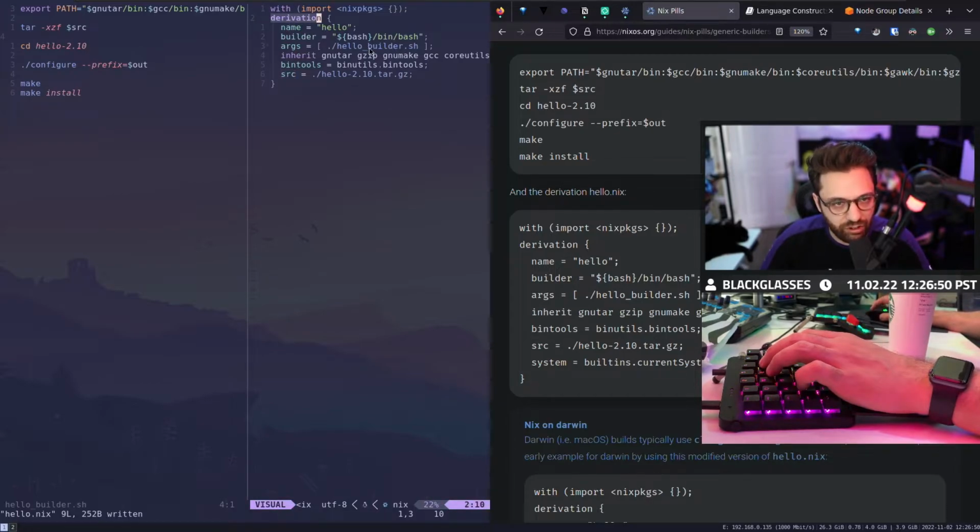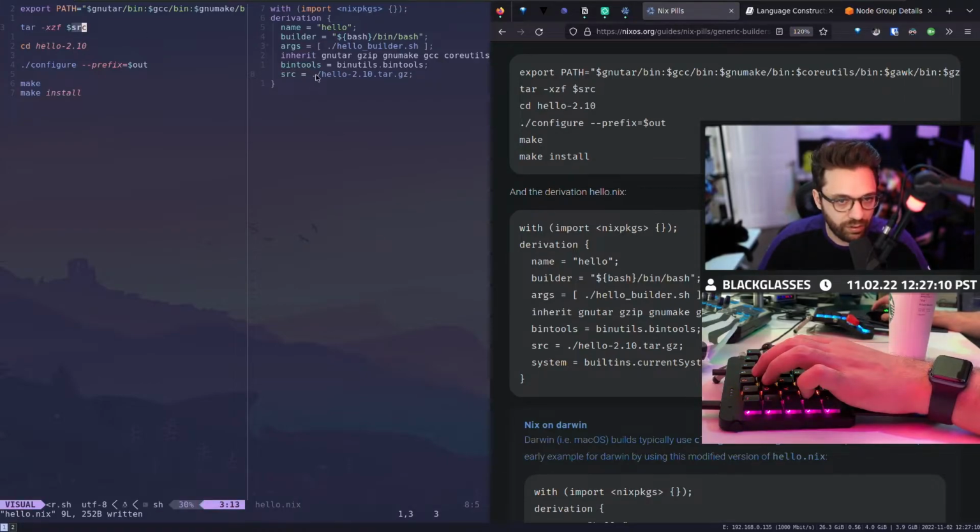Essentially, the derivation, when it goes to build, will take all of these values and give them to you as an environment variable so that you can reuse it in your script. That's how we're able to add more to them: every single argument also becomes an environment variable. So source in this regard literally becomes ./tar.gz, except this gets moved to the store. So this becomes a bit more than just that. It becomes a different actual path, but it's the file that we needed.